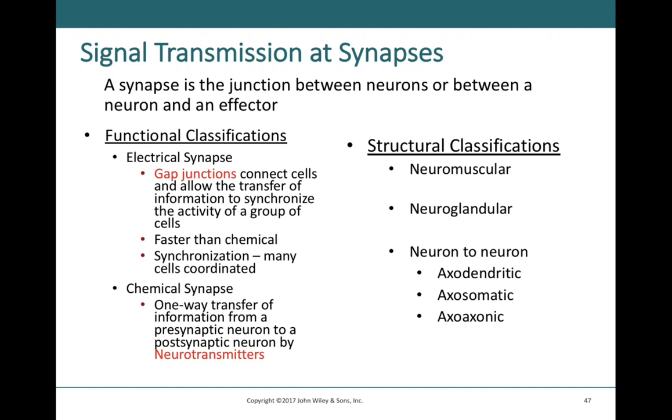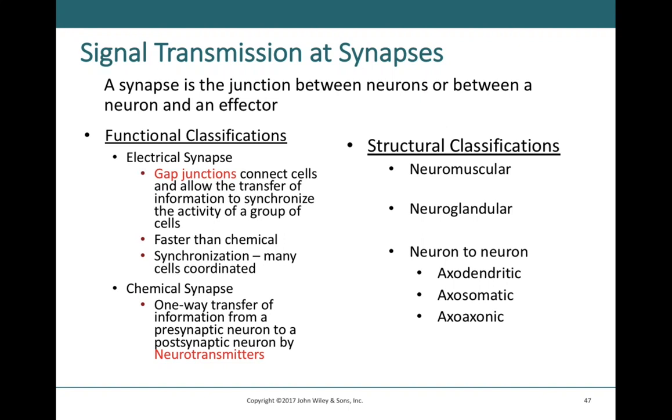But we also have a couple different types of functional classifications. And they are the electrical synapse and the chemical synapse. So the major difference between these two types of synapses is how they're propagating their information from the presynaptic neuron to the postsynaptic neuron. So the electrical synapse is a special synapse that has gap junctions,